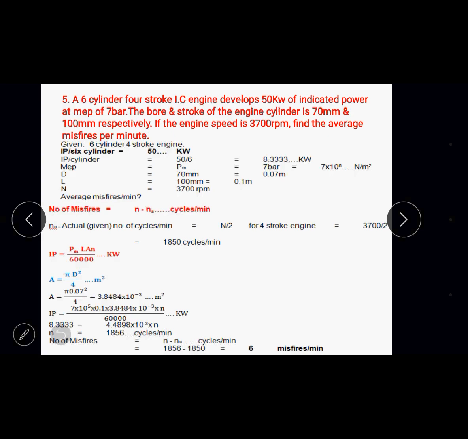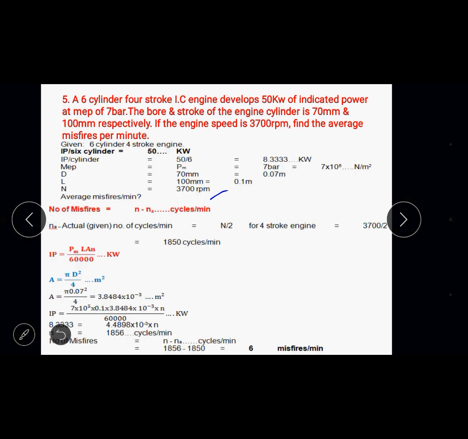So the piston diameter is given as 70 mm, so divided by 1000, that is 0.07 meter. The stroke of the piston, capital L, is given as 100 mm, so divided by 1000 you will get 0.1 meter. And then the engine speed is given as 3700 rpm. So these are the data available. You have to find out the average misfire. So misfiring means,